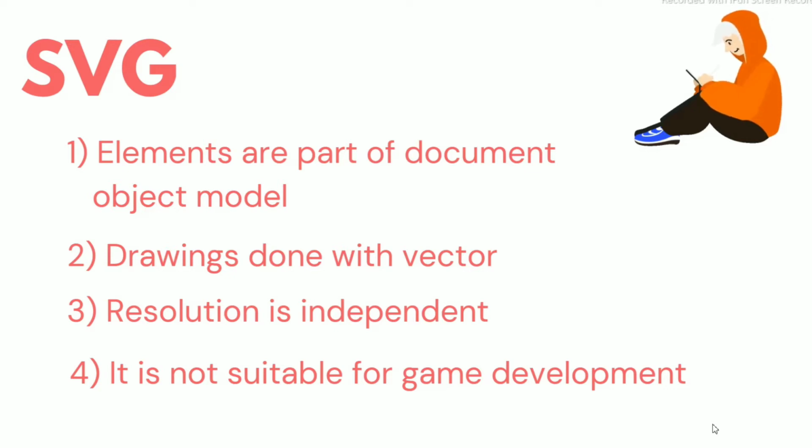We can resolve it with the same pixel size, but we can't do the same thing with SVG. And it is not suited for gaming. Yes, absolutely, because it is a document object model. You can't resolve it, you can't make it move. Then how can you use it for the purpose of gaming? But it is used for Google Maps. Just because Google Maps are constant, they are not movable, we can use scalable vector graphics in development